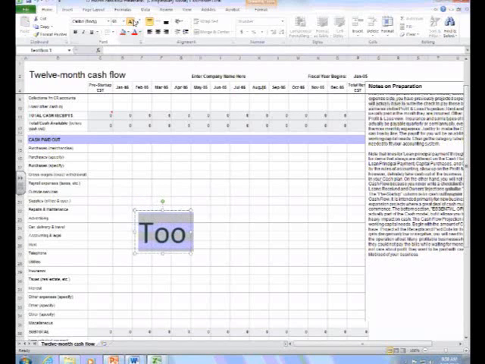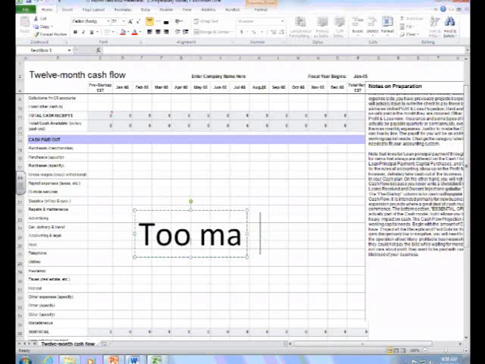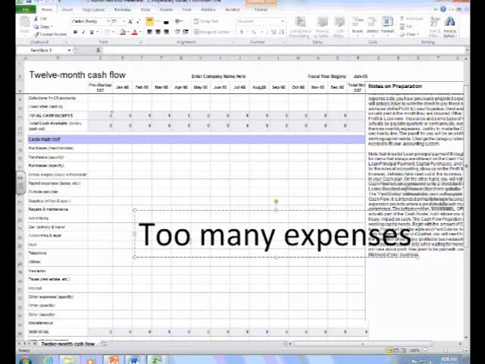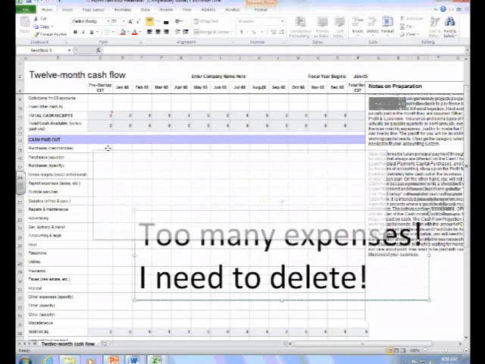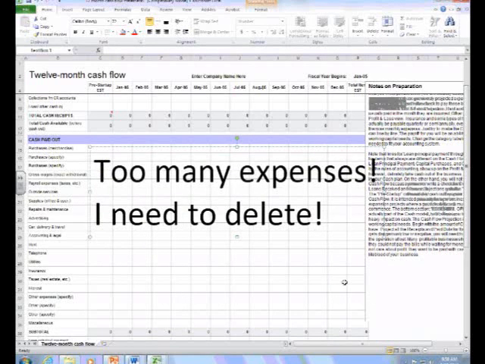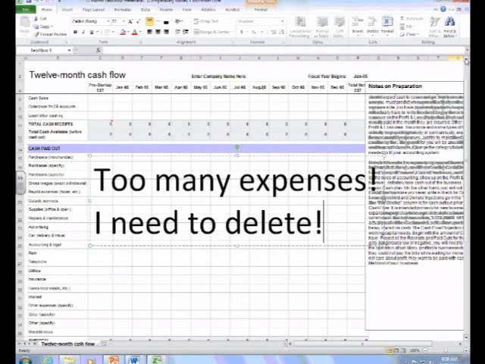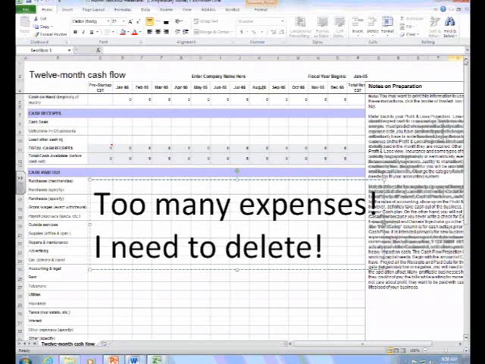For instance, it looks like there's a long list of expenses that for our business we don't need to worry about, so we can make the cash flow statement more manageable by taking away those rows that we don't need. There's a lot in the expense rows that we can delete, and so we'll plan on doing that. One of the ways that we can bring this budget down to size is to